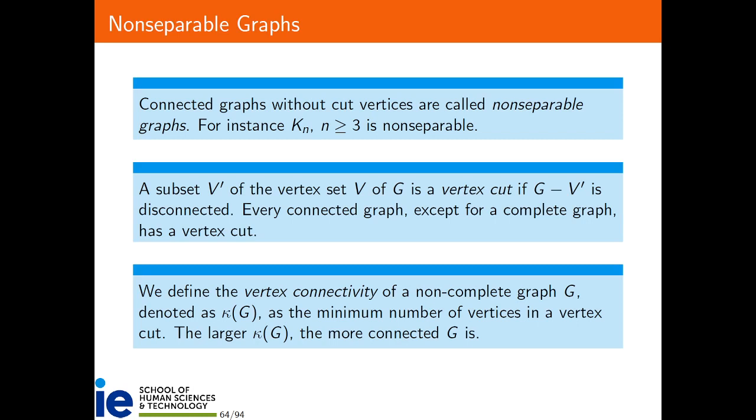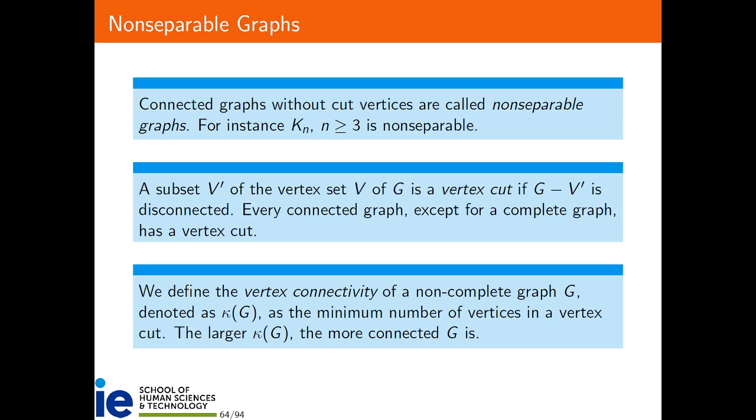So a subset V prime is a vertex cut if G minus V prime is disconnected. Also, the idea is, okay, maybe there are no cut vertices. Then how big does a vertex cut need to be